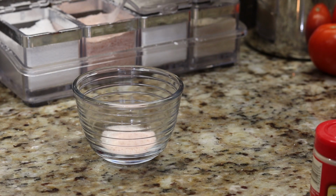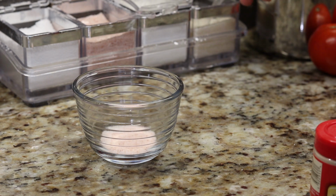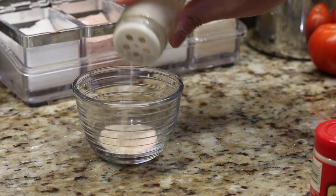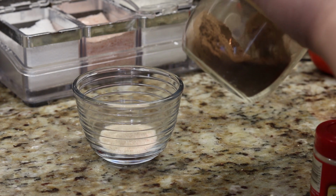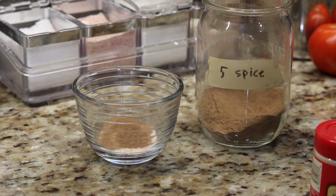So while the pork is chilling in the fridge, we'll go ahead and make the seasoning mix that'll go on the meat portion of the pork belly. And the Chinese style seasoning I like to use these days is 2 parts kosher or sea salt, 1 part sugar, about a half part of white pepper powder, 1 part 5 spice, and then about a half part powdered